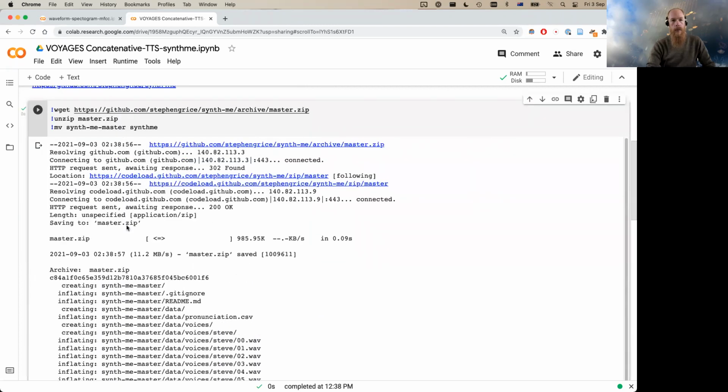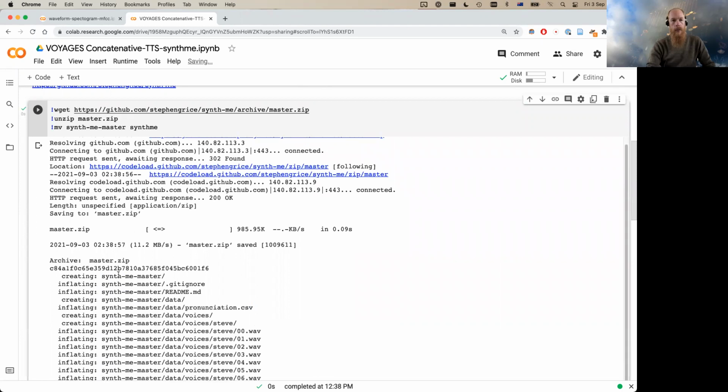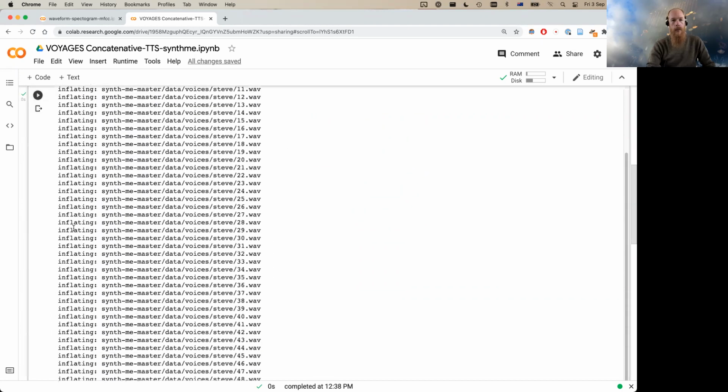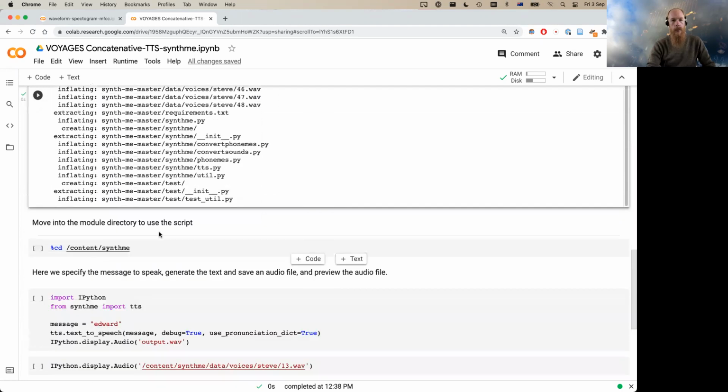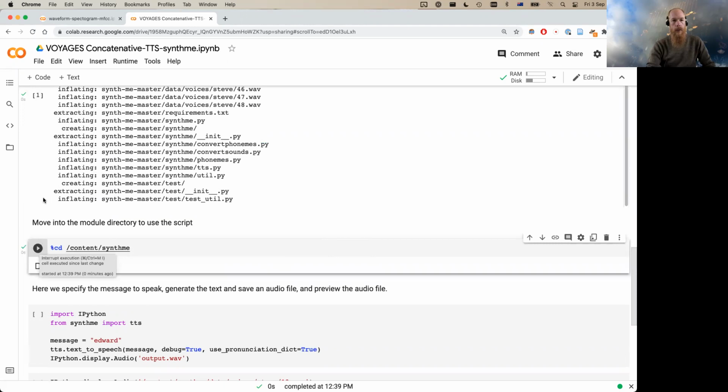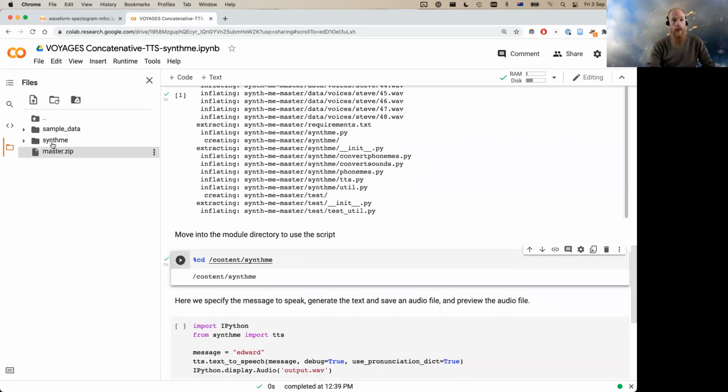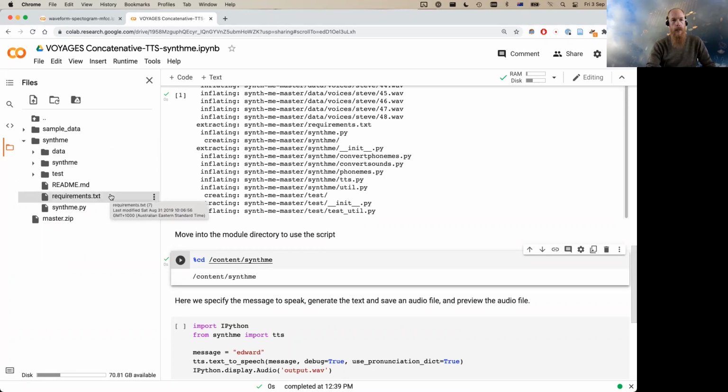So we download the repo, unpack the WAV files, install some stuff. So it should be good to go. Now we're checking the content files. The masters.zip is the file that downloaded and was unpacked into Cmu. There should be, in the data folder in Voices,